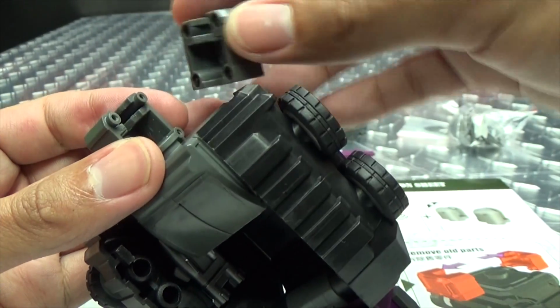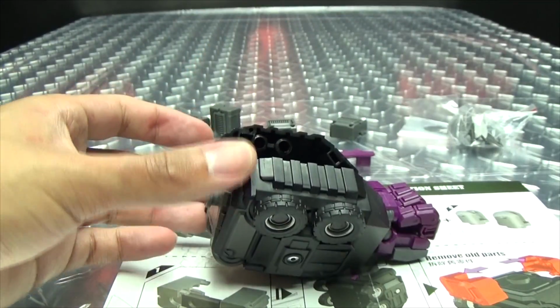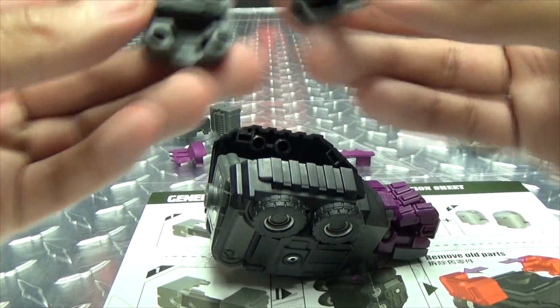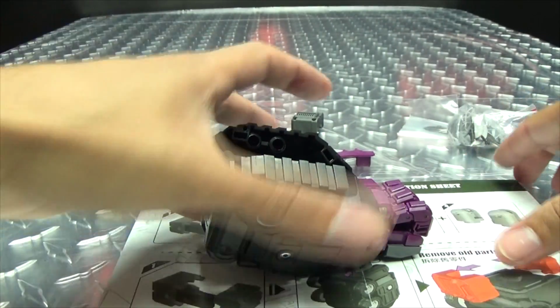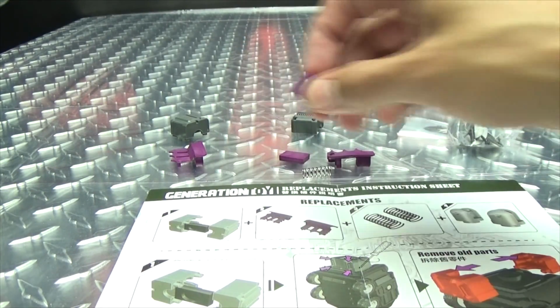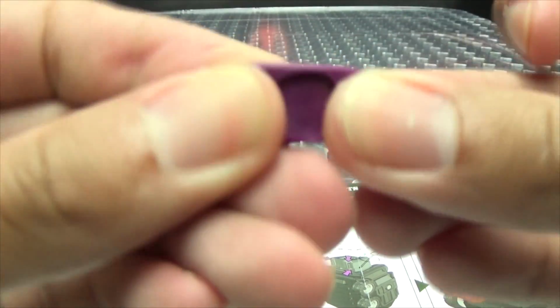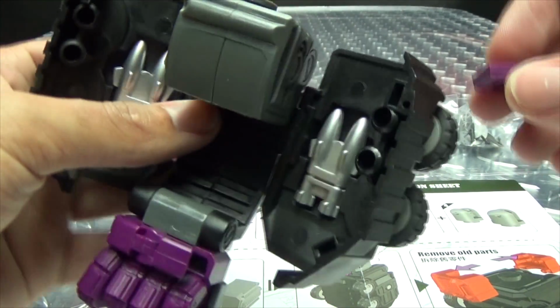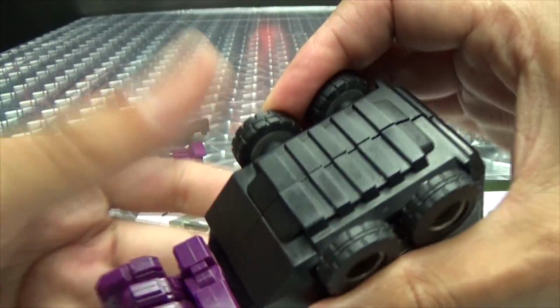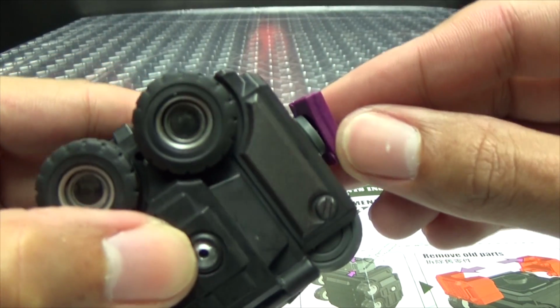So there we go. So we're taking this apart so that we don't need anymore, because now we have these new little block sections here. And with these sections, we're going to be using this little purple piece of flexible plastic here. So how is all that working? So we were removing the old piece, and now we apply the new piece. So this just goes over that nub